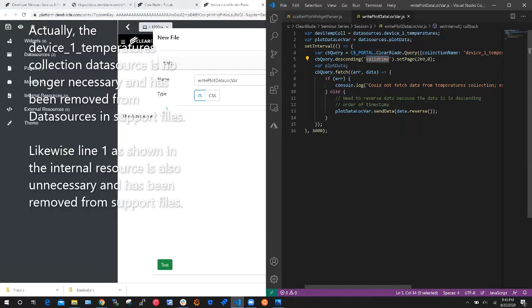Then to actually get the result data, we have to perform a fetch. This fetch function takes a callback. The callback takes two parameters, error and data. If there's an error, we just log a message that nothing happened successfully. But if there's no error, we take the data that we got, which is the 200 latest rows, and then